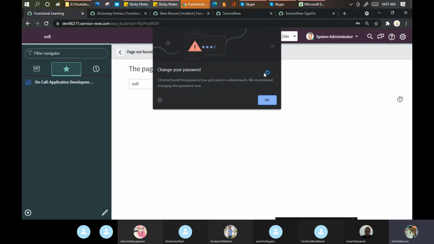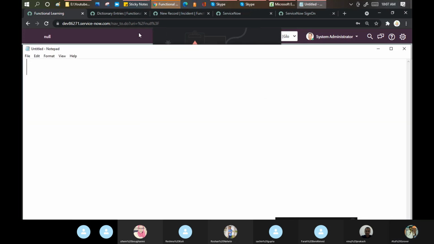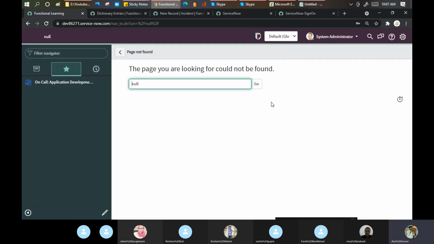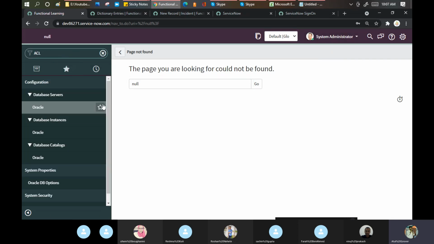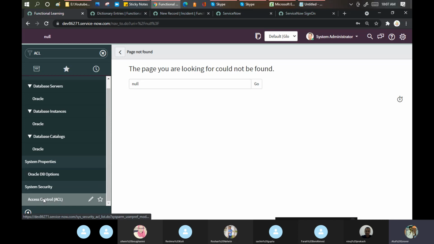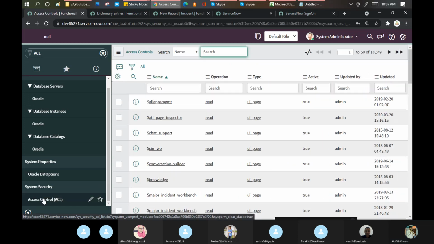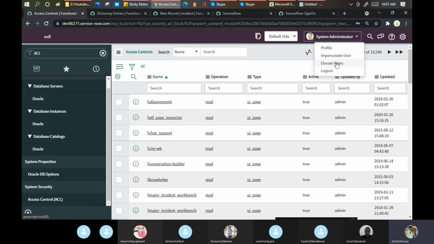In the meantime, did you notice one thing? This user doesn't have the elevated role as of now. Let me go to system security. See, no new button is there. The question comes, Atul, how do you identify that? If you notice, when I click on this and go to elevated role, there's a lock button appearing.